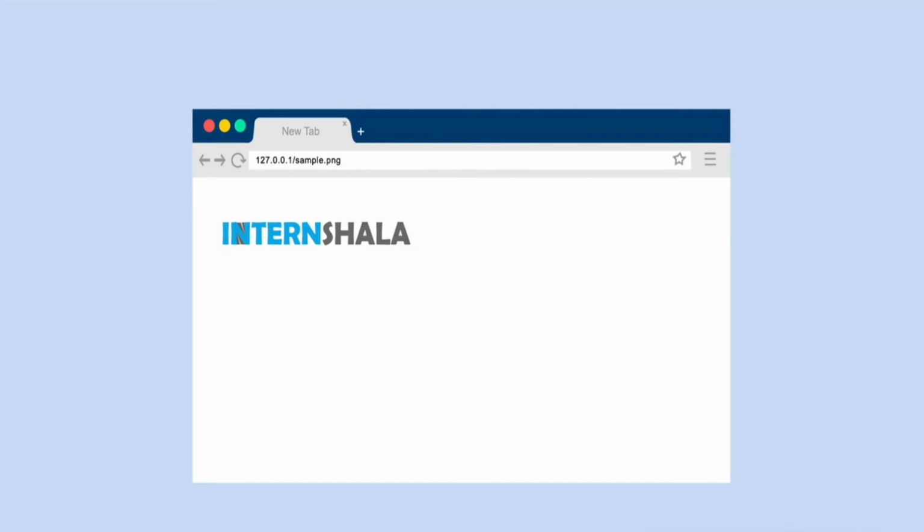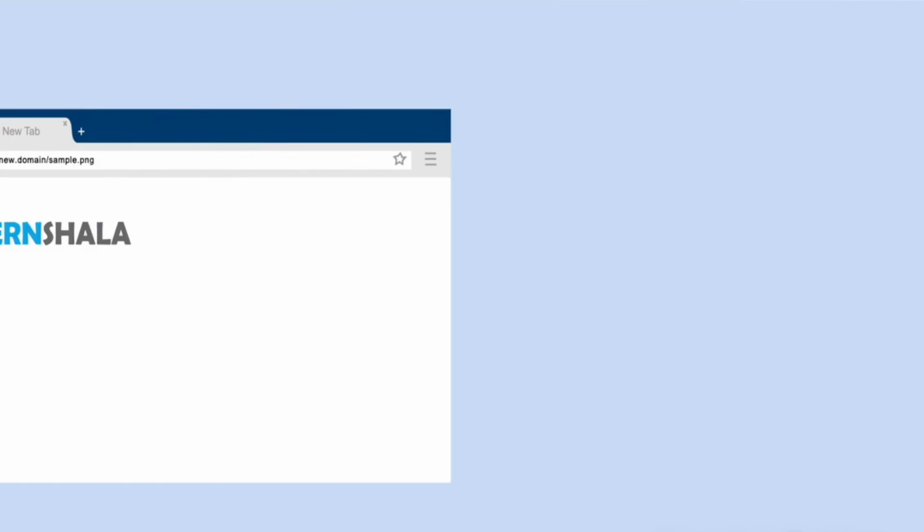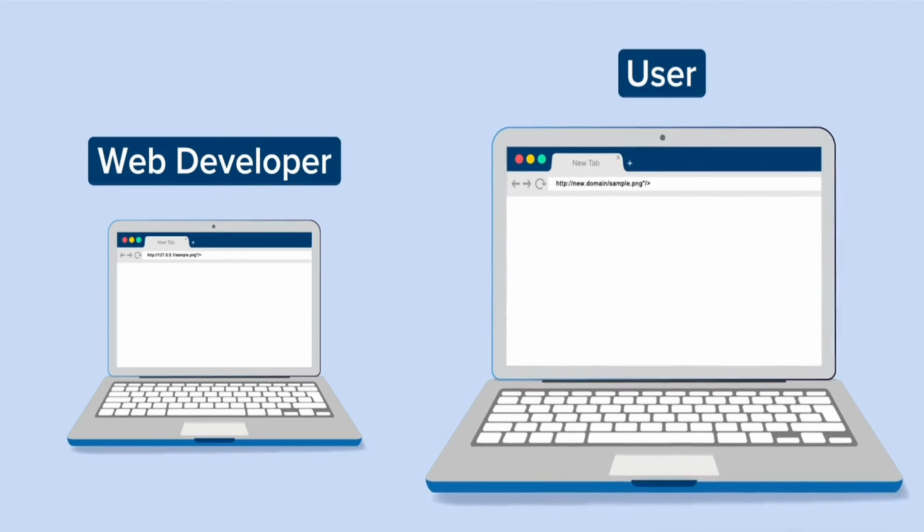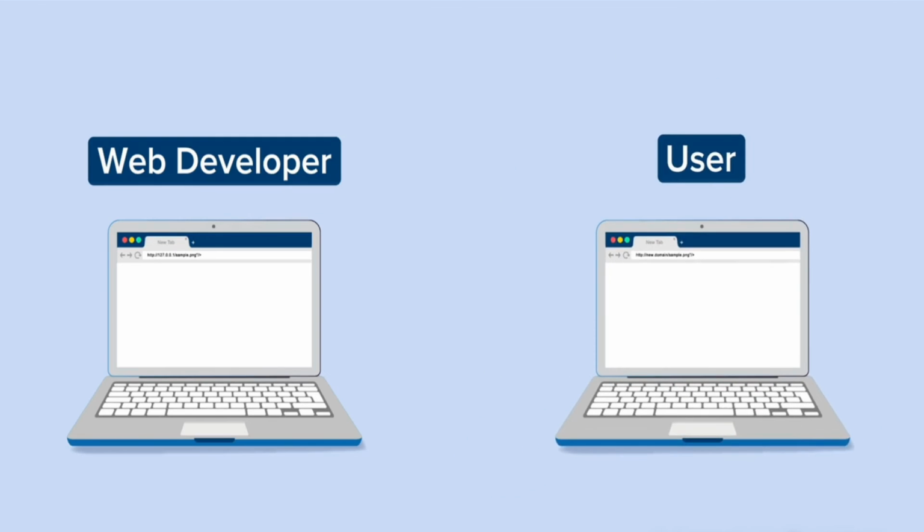What is a domain name and how to buy one is something you do not have to worry about right now. Over time, you will understand this. Let's say we have purchased the domain under the name mynewdomain.com. So this absolute URL will become like this. If you want to test the code on your machine, you need to use this URL. And when you want to host the website for the users, you need to use this URL.